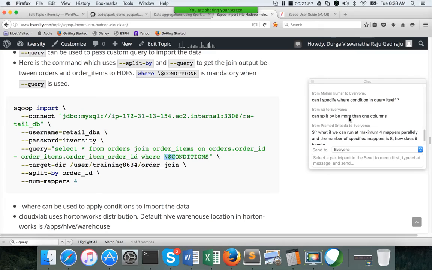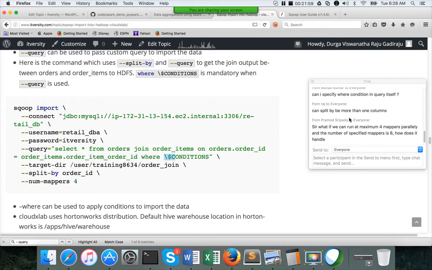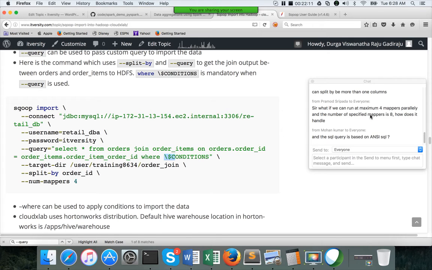Raj is asking a question: can split by take more than one column? I don't think so. It does not work like that. You have to specify only one column, and the better practice is to use an indexed column rather than a non-indexed column, because getting min and max on sorted data is faster than on unsorted data. When you use a split by column, internally it first tries to get min and max.